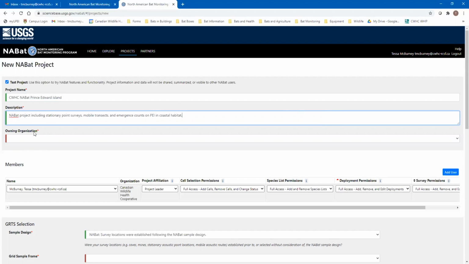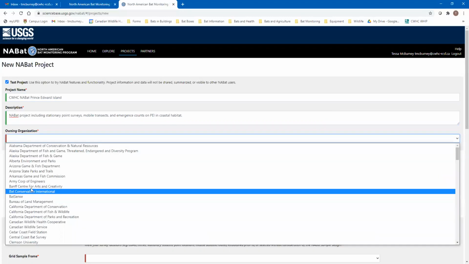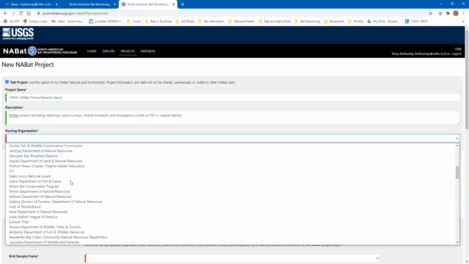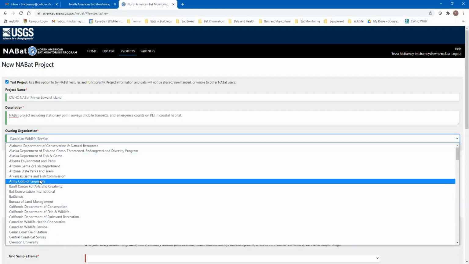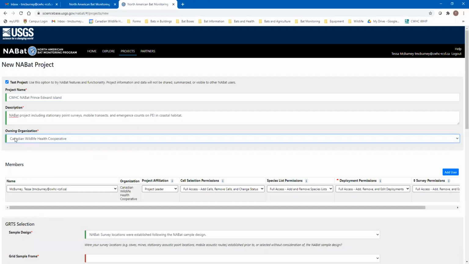Below that, you need to include your organization or the organization that will own the data. So this is a drop down, so you can't actually add anything to this list. So that is not my organization. There it is. My organization is already here because we've already uploaded data to the website, but if your organization